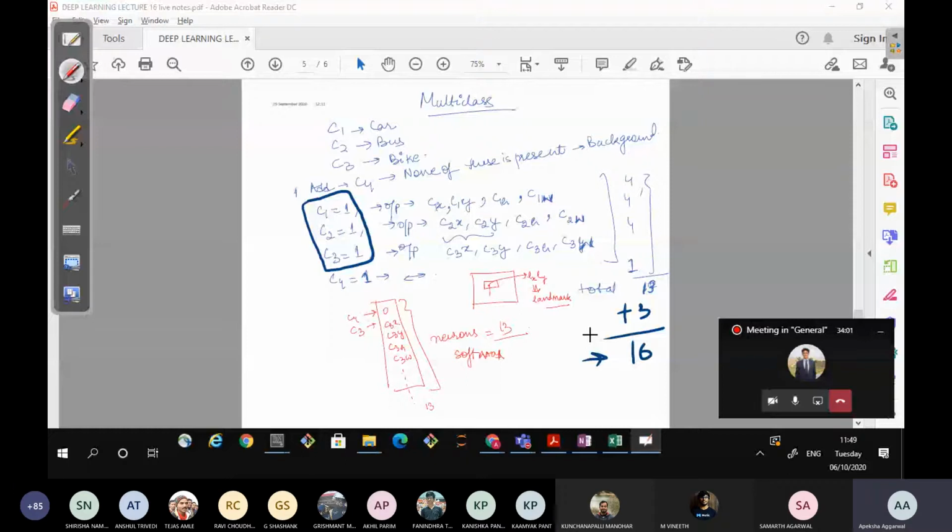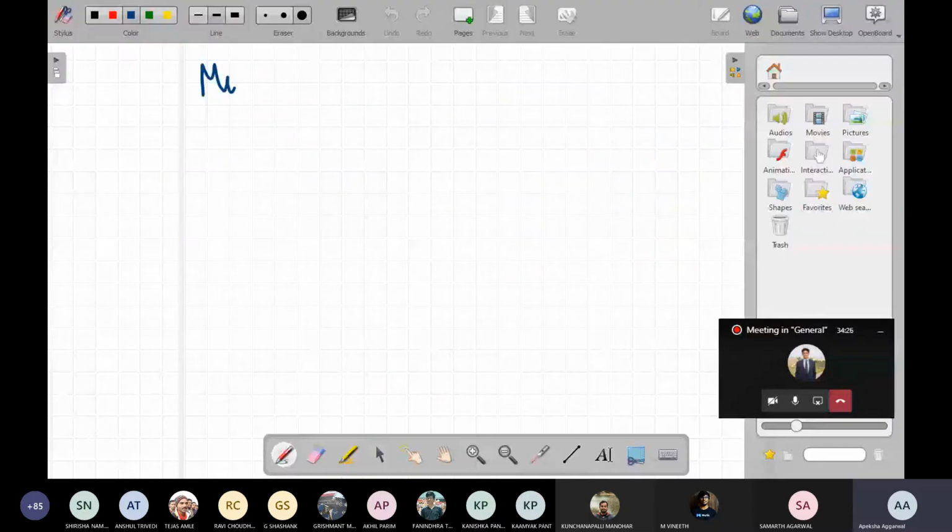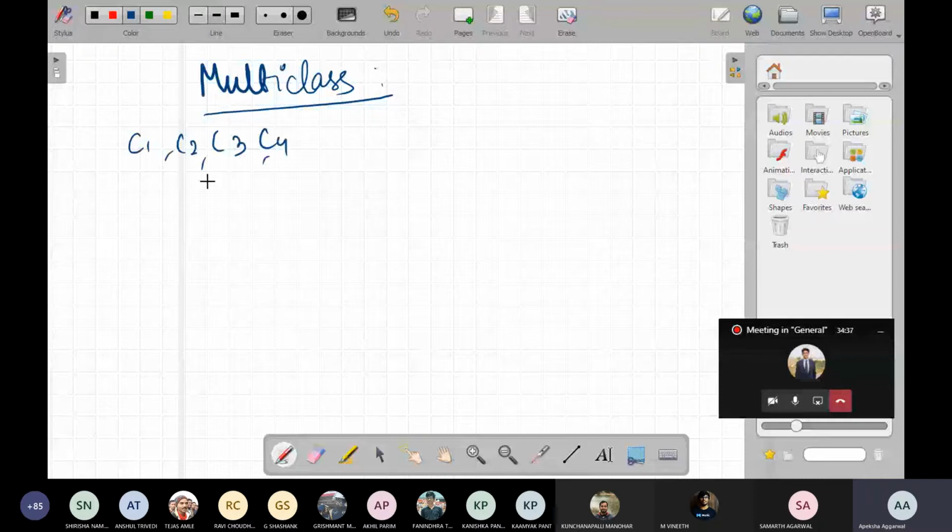So in multi-class, I have C1, C2, C3 and C4, four classes. Instead of outputting a bounding box for each of C1, C2 and C3, we output only one bounding box, that is Bx, By and its height and its width.